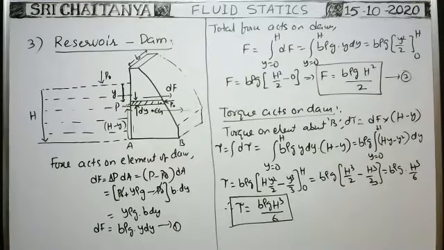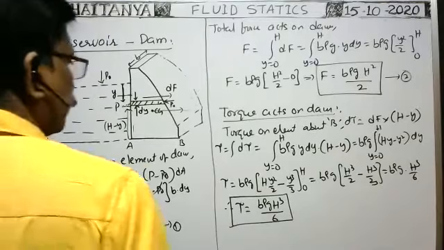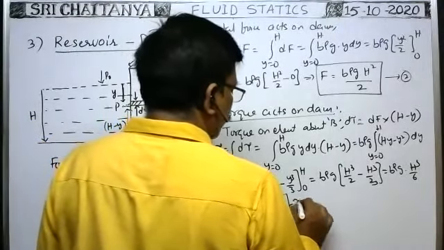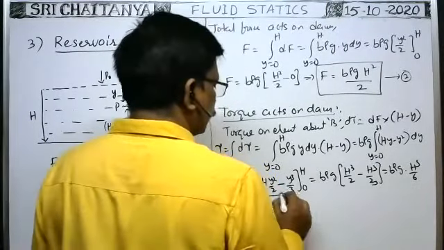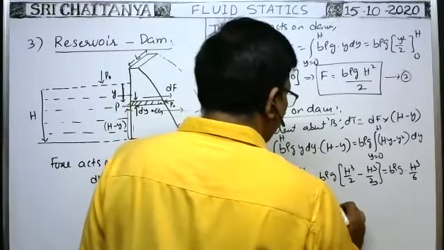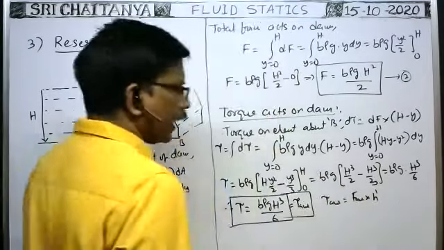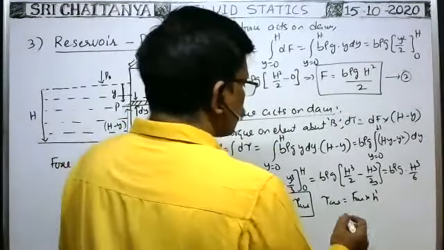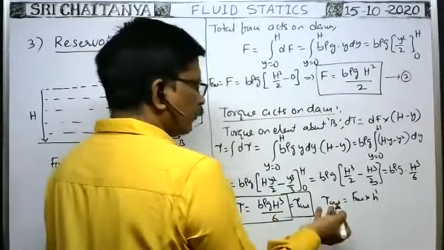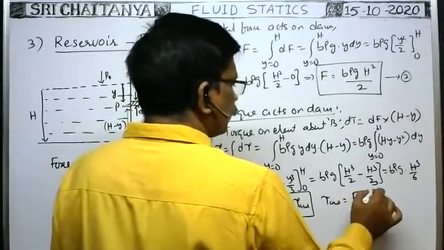So this is the average torque that acts on the dam, or the total torque acting on the dam. But average torque acting on the dam is equal to average force times the height at which the average force acts. Here it is the average force; total force is equal to average force itself. Average torque is equal to average force into h dash.